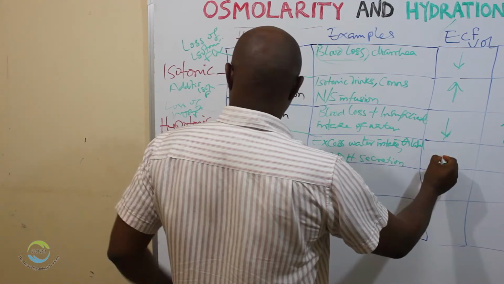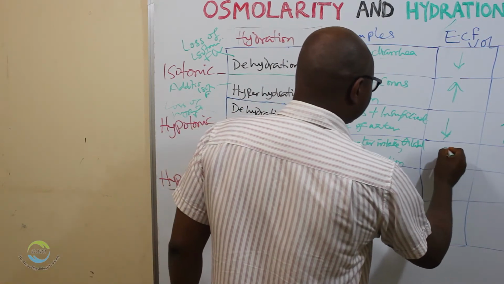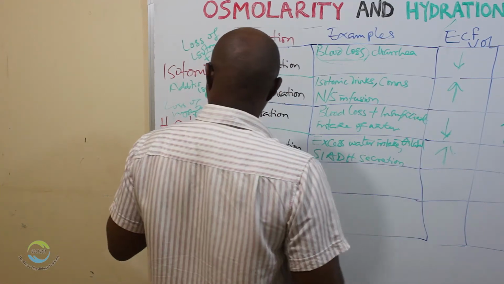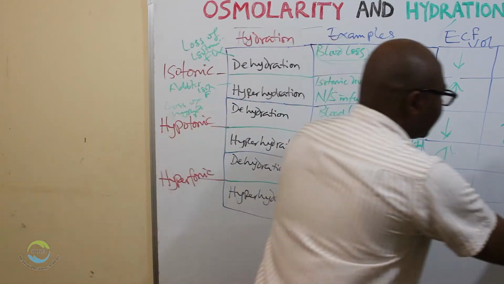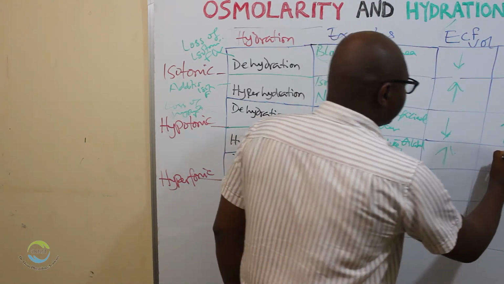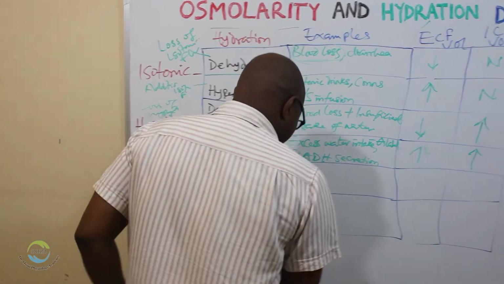So what happens here? ECF volume is increased. Hyperhydration. Then what happens to the ICF? Since it is hypotonic, it will be increased. All right. So now let's move to